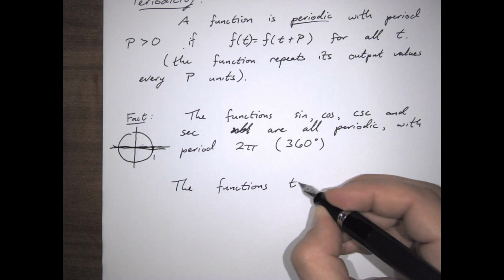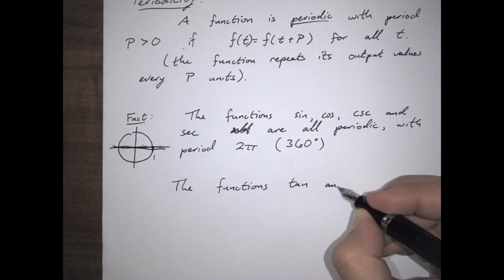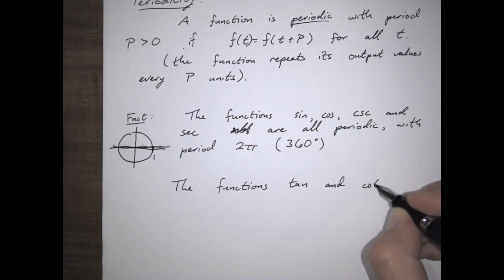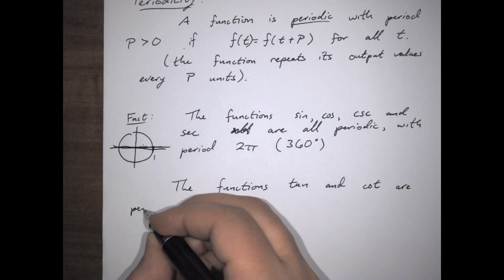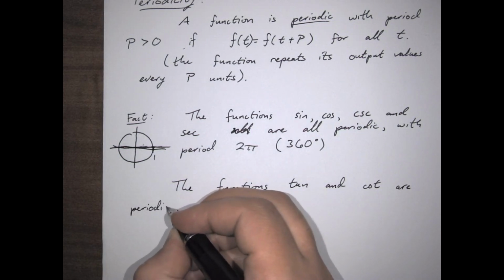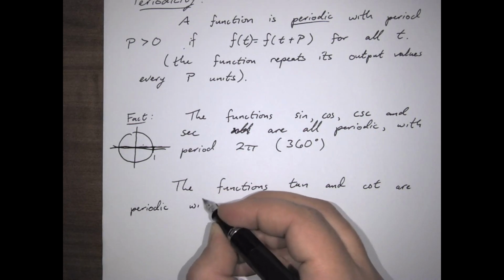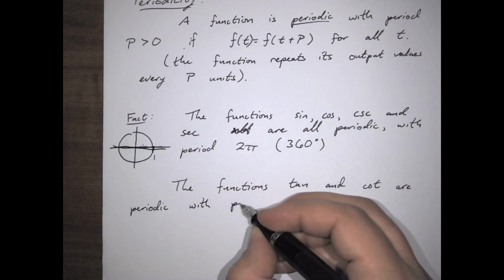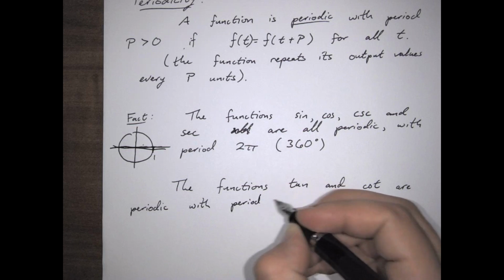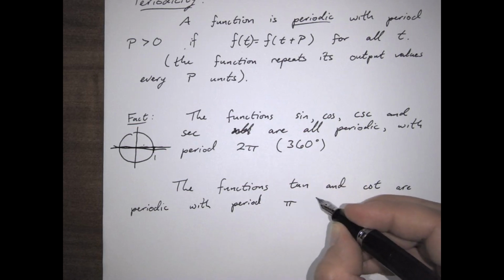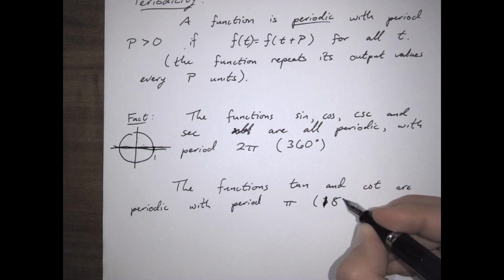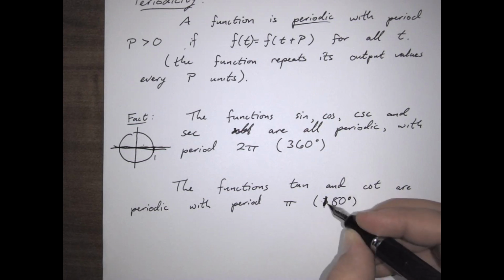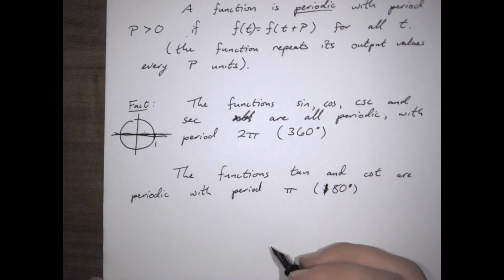The functions tangent and cotangent are periodic with period pi, or, oops, no, 180 degrees. And the reason for that,